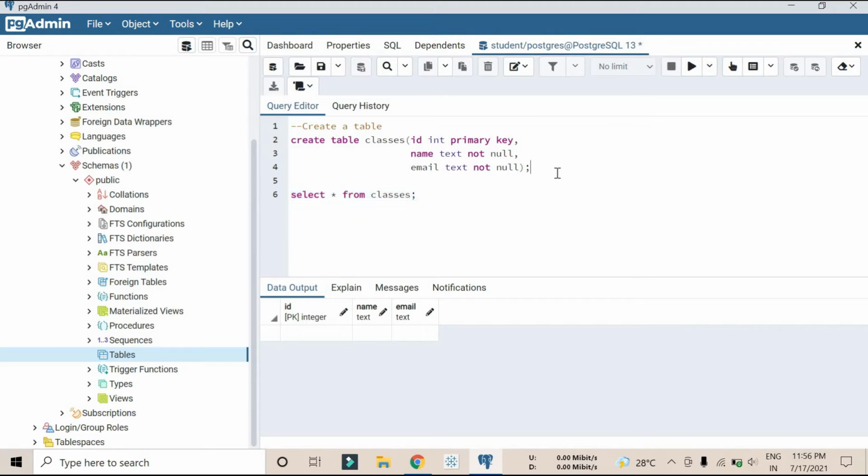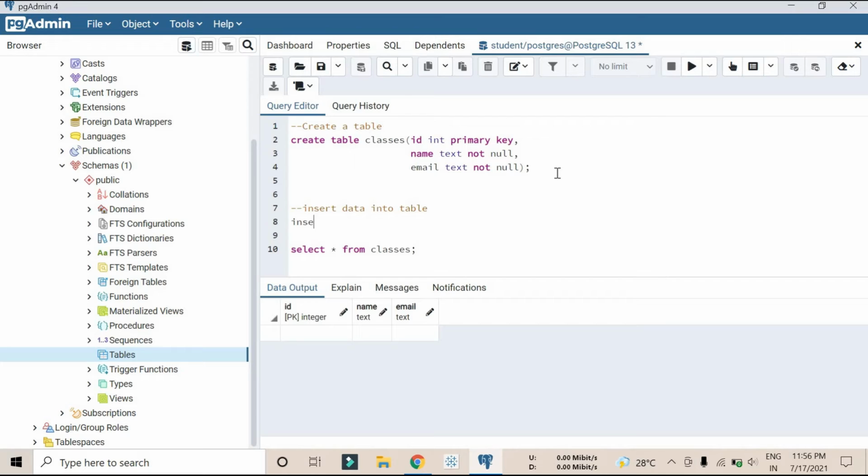So first of all let me insert something. In this part we're going to insert data into the table. So let's insert the data inside. Just write this like simple English language.